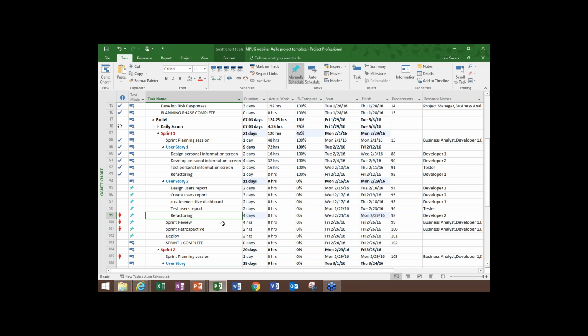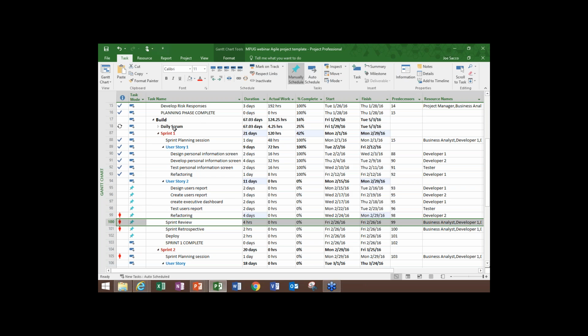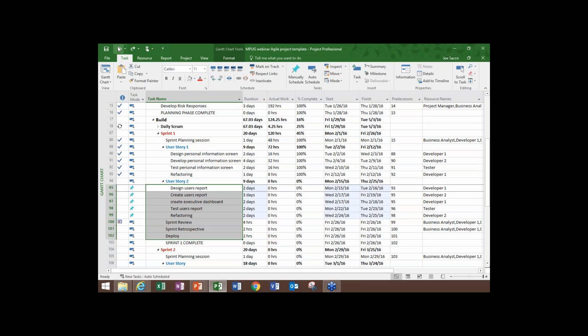So that's another way that you could deal with this. You also notice that under the sprint review, if I go to the advanced tab, the constraint is gone. And the constraint in essence is removed because we're using manual scheduling. Okay? So there are other approaches that you can use, and I encourage you to look at the ones that